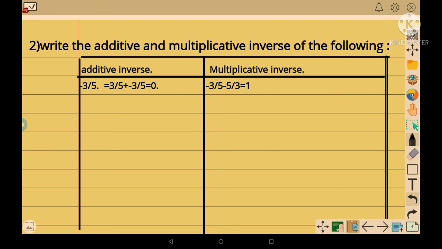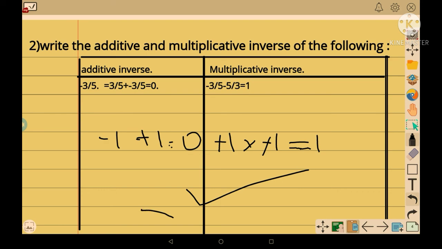So the last one is minus 1. In the minus 1, we will get a plus 1 here. It gives us 0. Okay, in the multiplicative inverse, minus 1 is substituted with minus 1 to get a plus 1, because minus signs will be cancelled, because 1 into minus is plus. And so here, 1 into 1 will be 1 as the answer. So here the 1 and here the 0, both are the correct answers now.